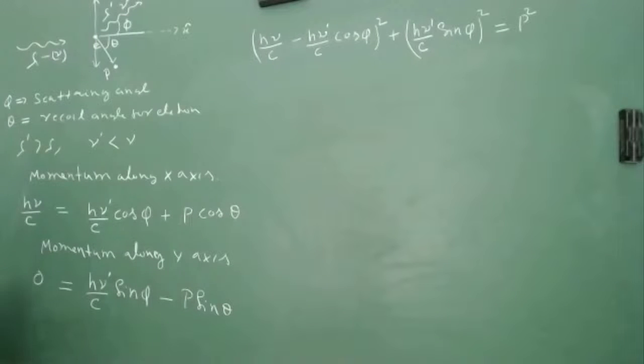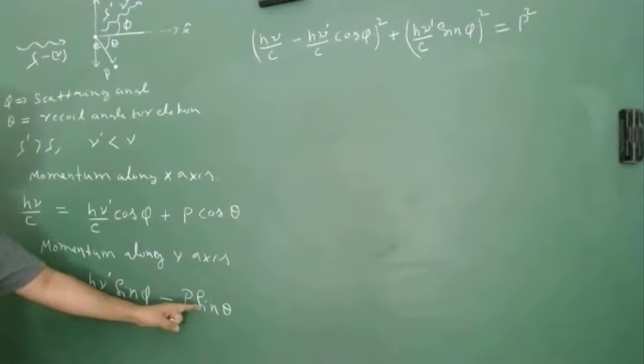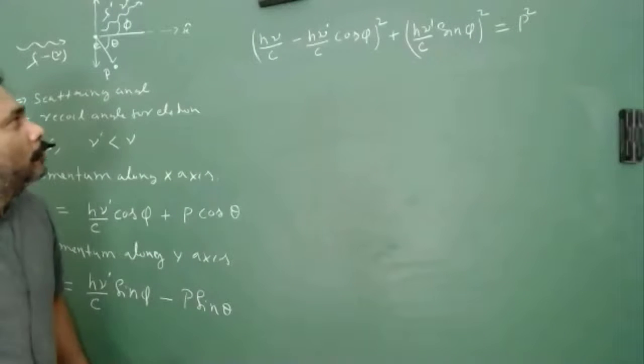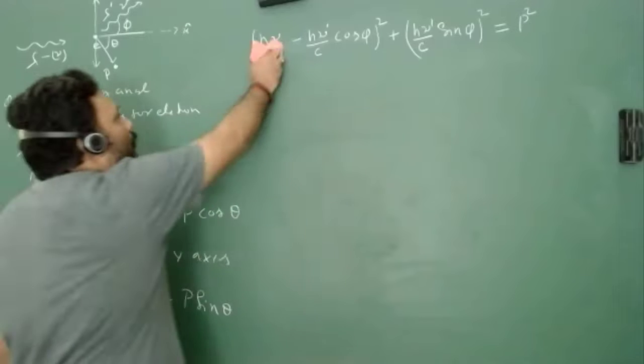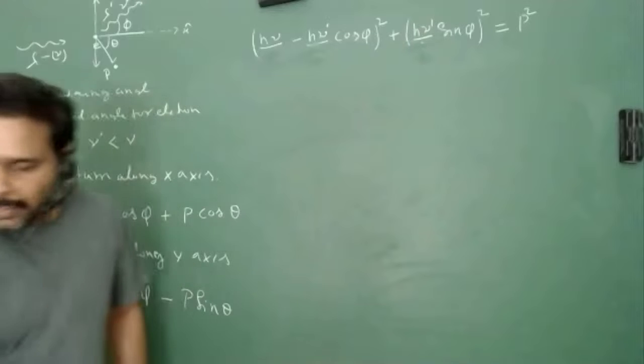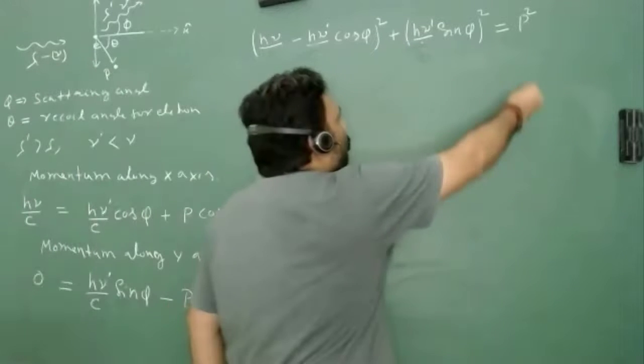Just look here. What I am doing, I will take this thing there, I will take this thing there, so minus minus will cancel. So we are just squaring and adding. So we have p square. And then we can just remove all this c square. I will take c square onto the other side. So this will be p square c square.